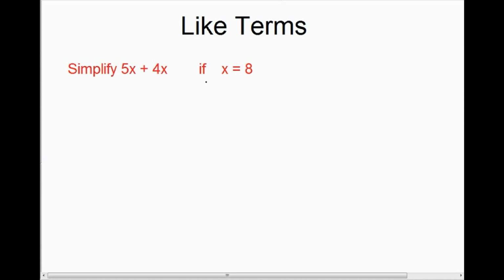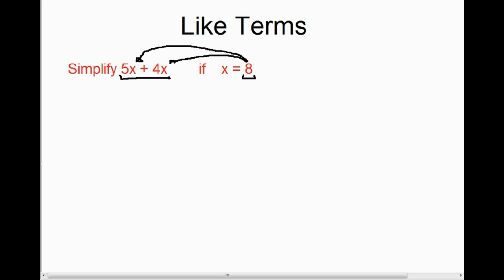The next thing we're going to talk about in algebra is a topic called like terms. And to start, we're going to explore the type of question we've seen already. So here you're asked to simplify 5x plus 4x if x equals 8. So as we've already seen, if we know the value of the variable and we're given a math sentence that we have to simplify, usually the first step is you substitute the value of that variable into the math sentence